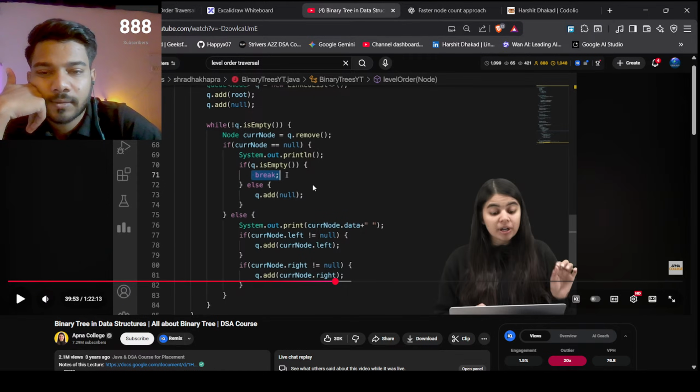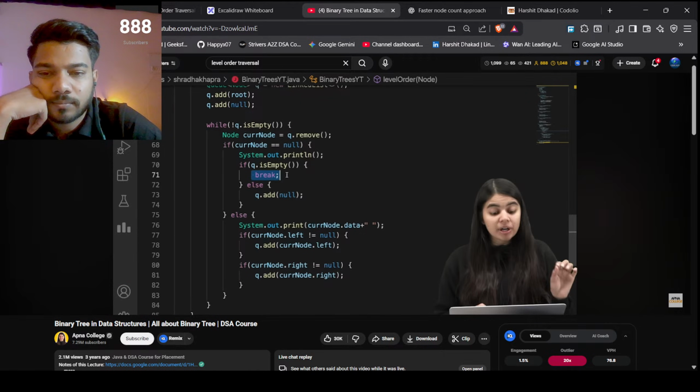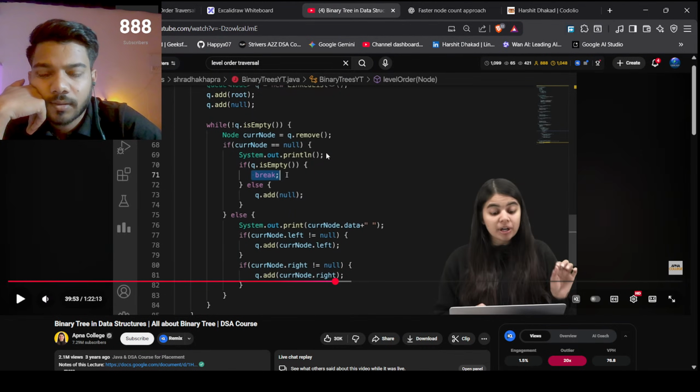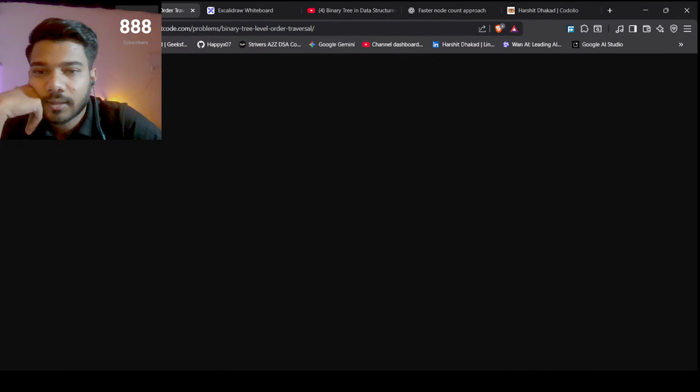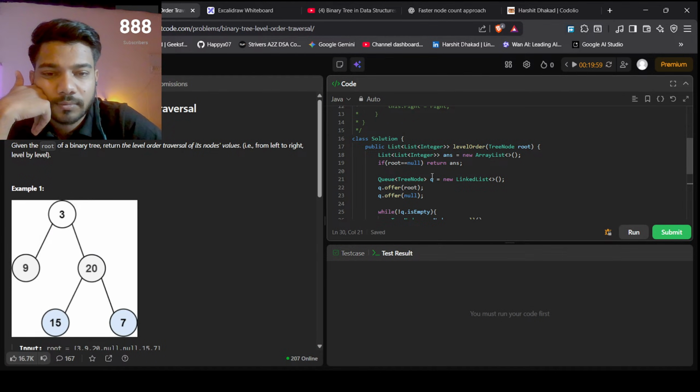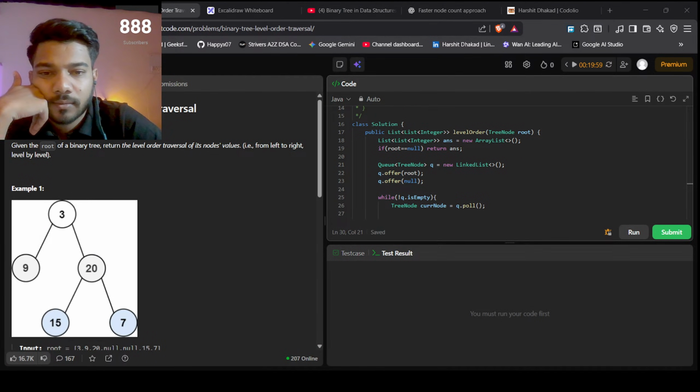Otherwise, we will add null to the queue. And in this, where we are storing it in our linked list, क्योंकि क्वेश्चन में तो लिंक लिस्ट पूछा है ना, so